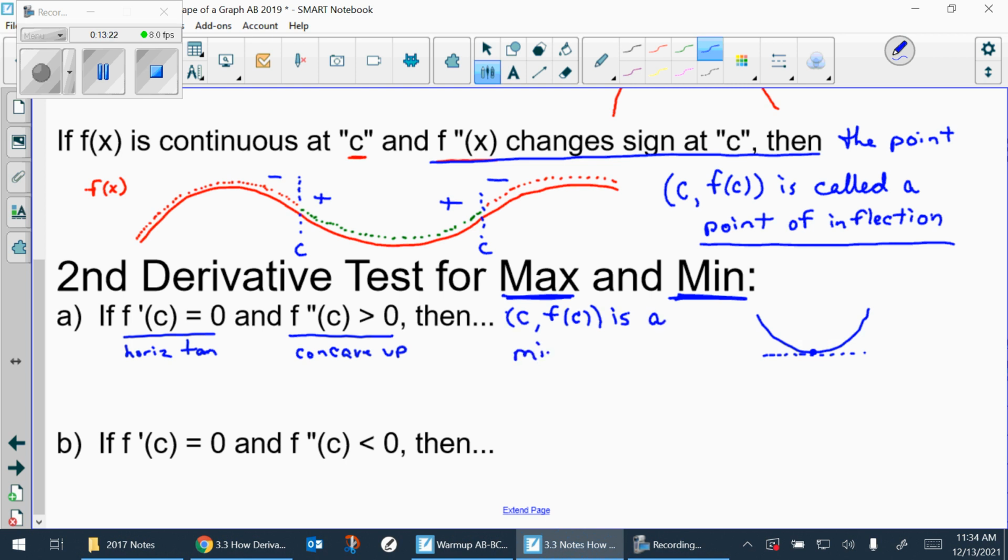And hopefully you're going to agree with me. Call it a minimum. When the first derivative is zero and the second derivative is positive. If you draw the picture,